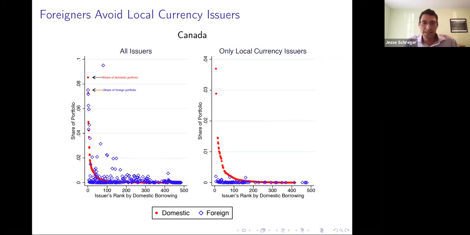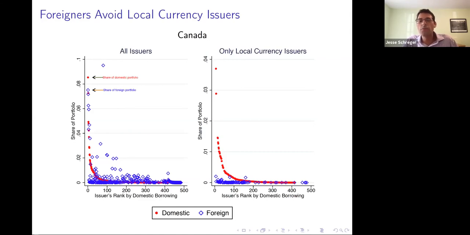And so what you can see, the red dots are how much of the domestic portfolio a firm accounts for. The blue diamonds are how much of the bonds issued by the same firm show up in foreign portfolios. On the left, we do this graph for all issuers in Canada. So the top 500 largest Canadian firms that issue bonds. And so, you can see that there's some big differences between the weight in the domestic portfolio and the foreign